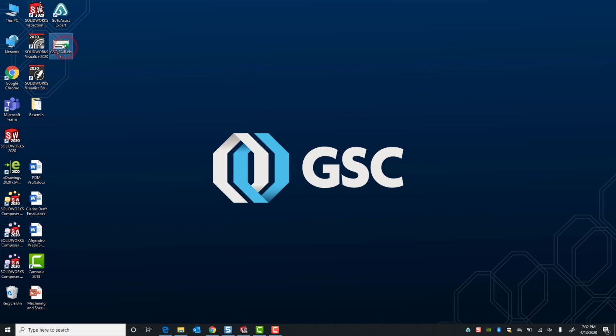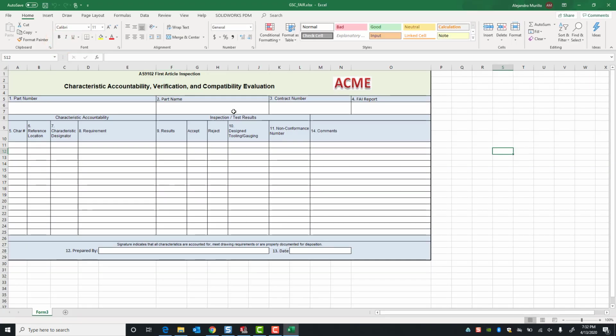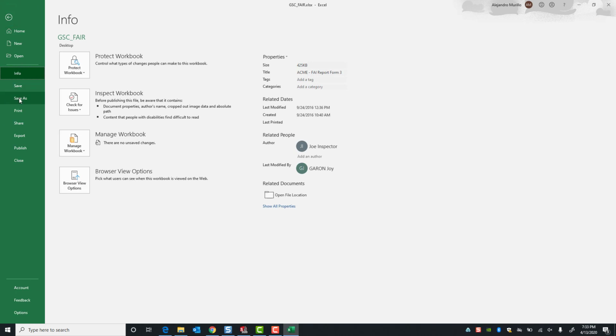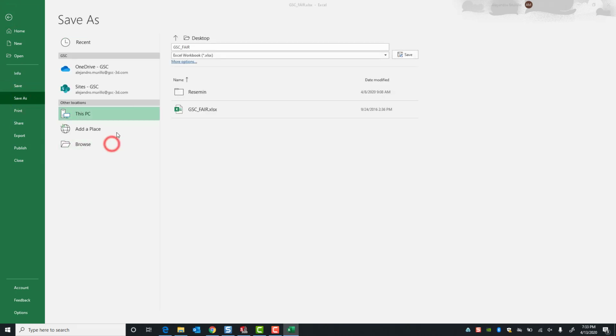is here I have my first article inspection Excel sheet, as you can see here. And what I'm going to have to do first is save this in an Excel template format. Right now, this .xlsx is not an Excel template format. You need to have it in an Excel template format in order to be able to use it with the SOLIDWORKS Inspection software. So I'm going to go to File, Save As, and I'm just going to save this to